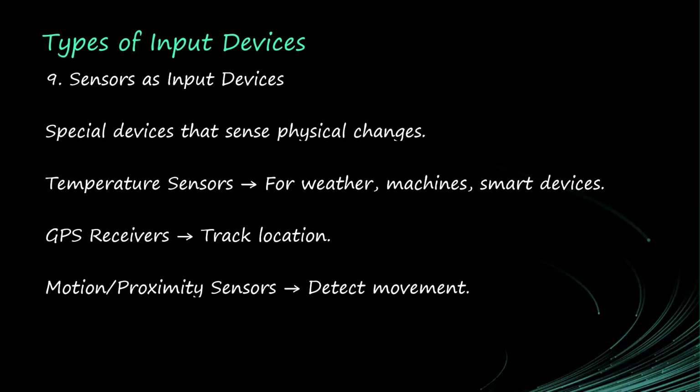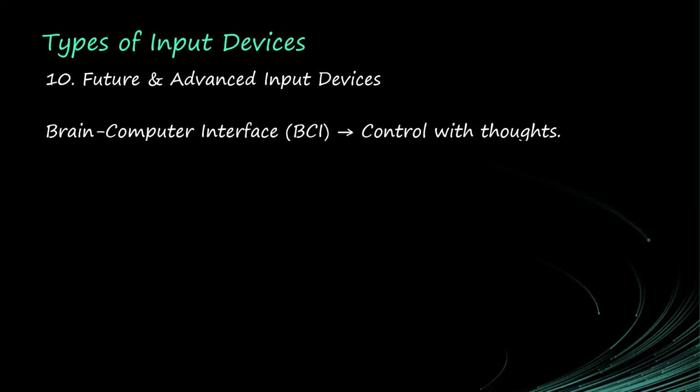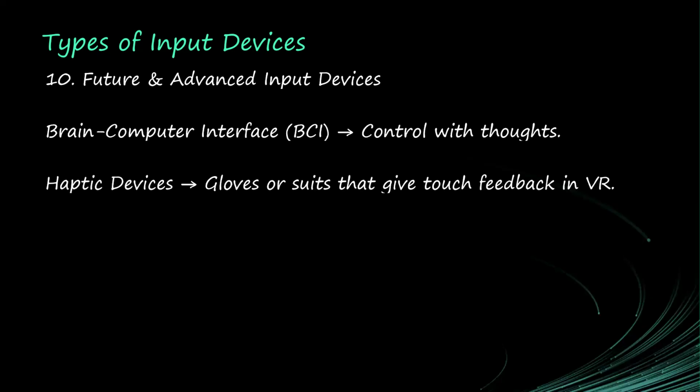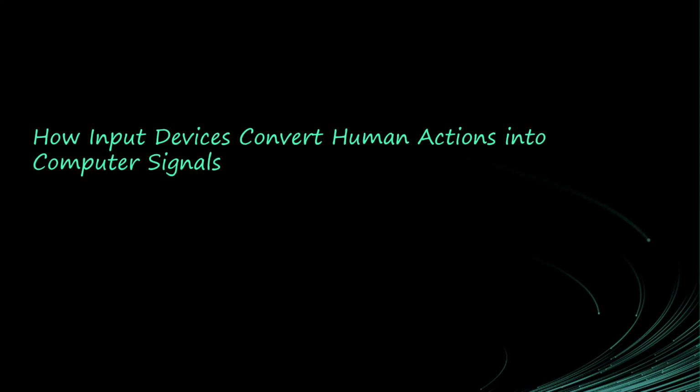They detect movement. So we now have future and advanced input devices, like you have already known: brain-computer interfaces, which are controlled by our thoughts; haptic devices, gloves or suits that give touch feedback in VR; and eye tracking devices, which are controlled with eye movement. All right, you can see that there are a lot of input devices. You don't have to cram all of them, but at least you now know how input devices work,